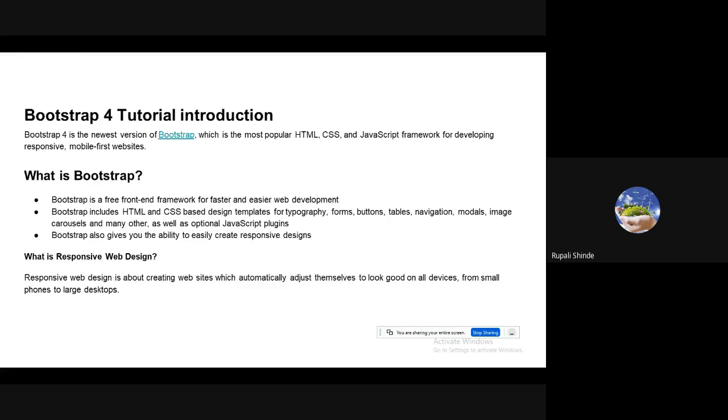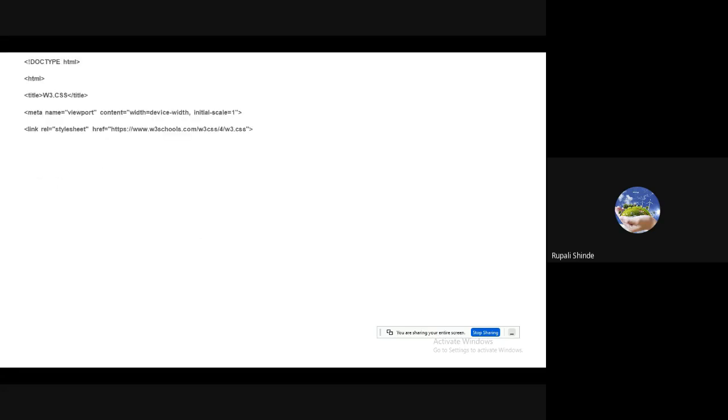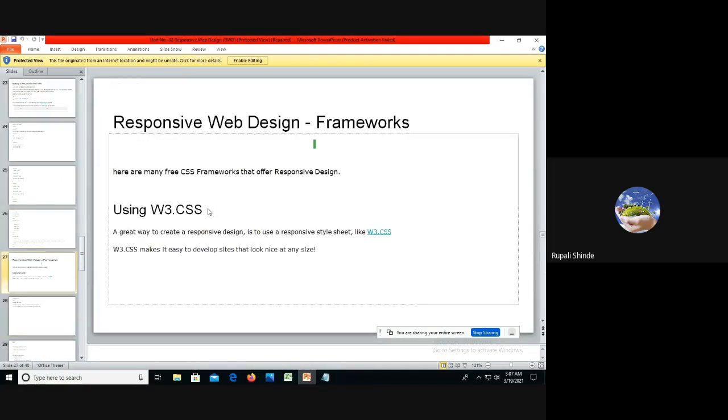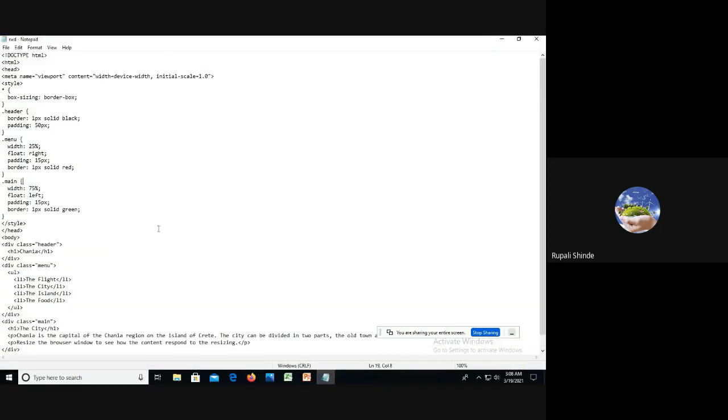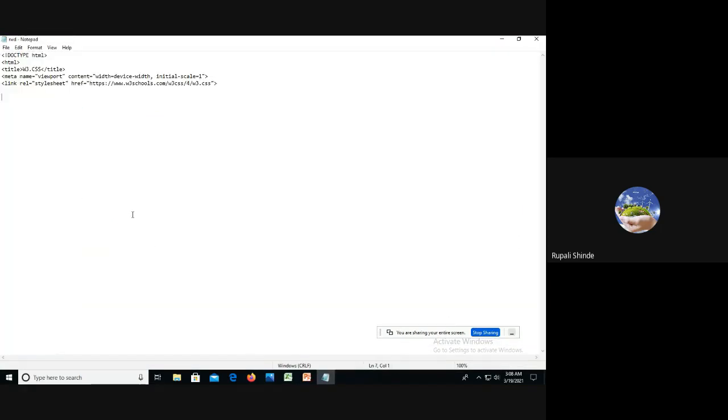Okay, it is the example we have to execute, where we are going to use the same framework. We are going to check what happens. Simply we have to link the w3.css cascading style sheet within our program, in our HTML file, and it is a ready-made framework which is available to you to develop your web application.